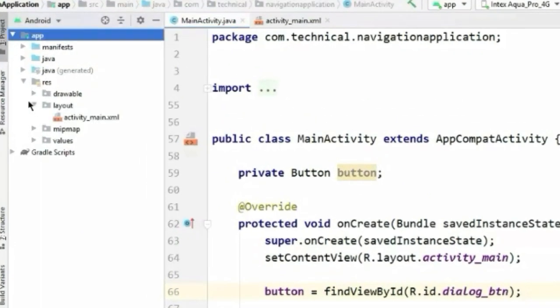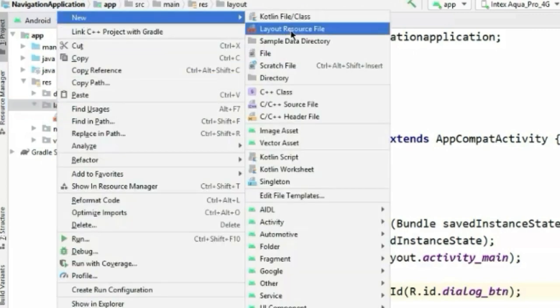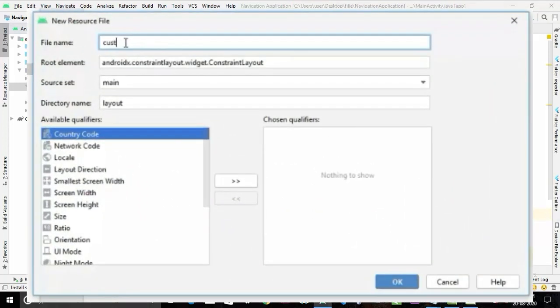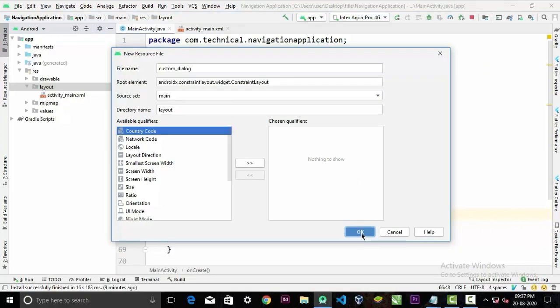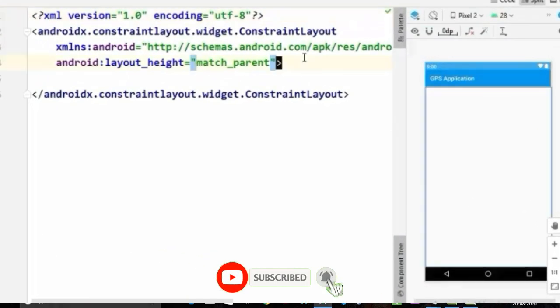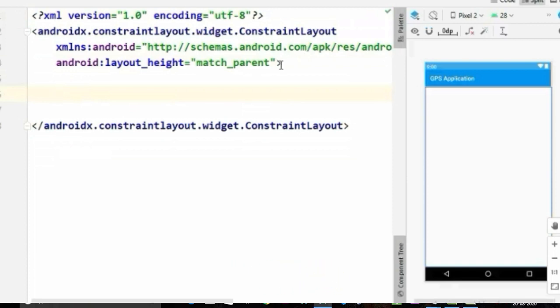For that, go to the layout, right click on it, new layout resource file. I'm gonna call it custom background. You can name it however you want. Now I'm not gonna design the layout from the scratch.